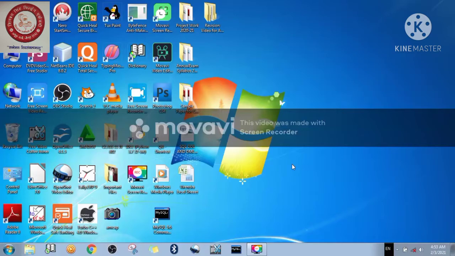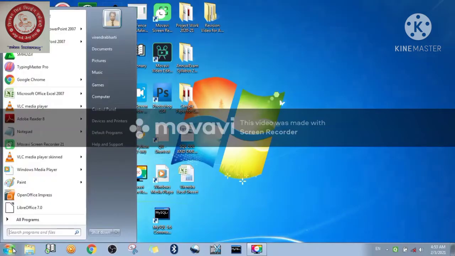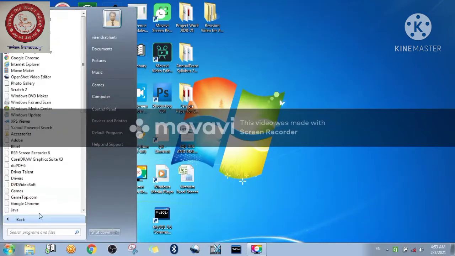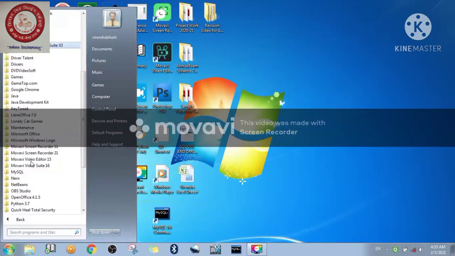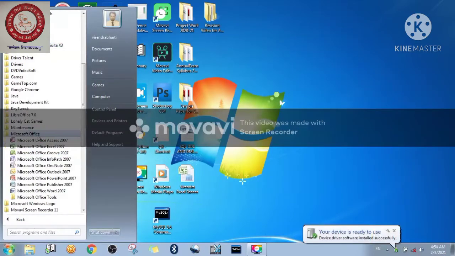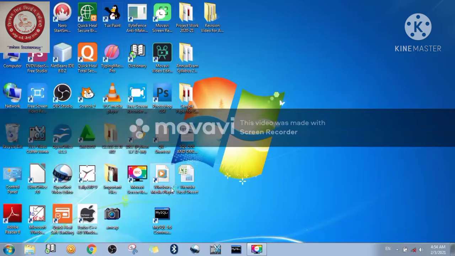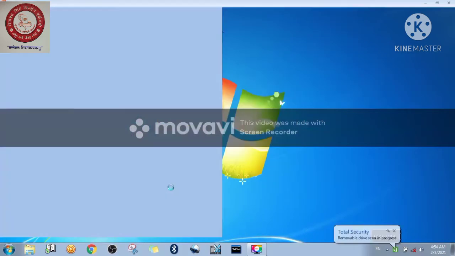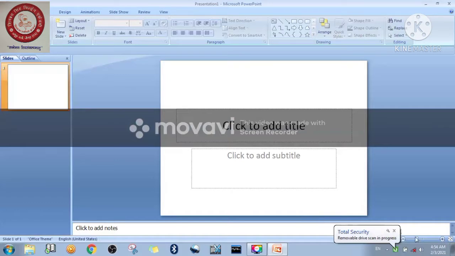So let's start. First of all, we are going to understand how to align the text in a table. For this, first of all, we need to open the PowerPoint presentation. So let's open it. Click on Start, then go to All Programs, then Microsoft Office. After that, just go to Microsoft PowerPoint. So it is opening within a second. Now finally it's open.